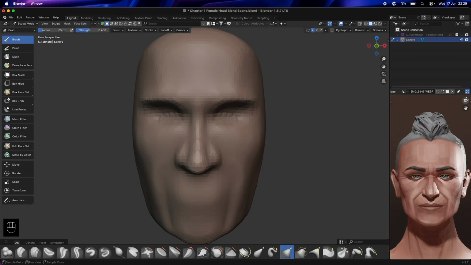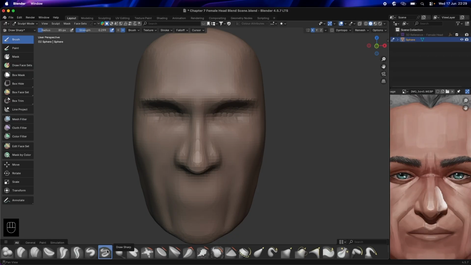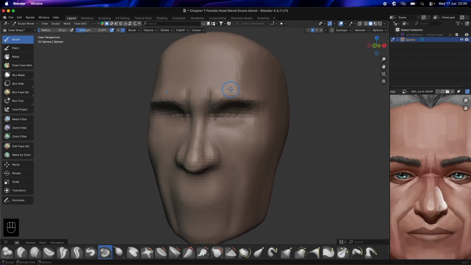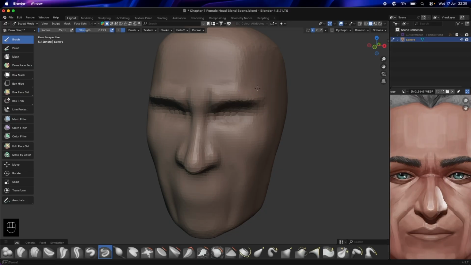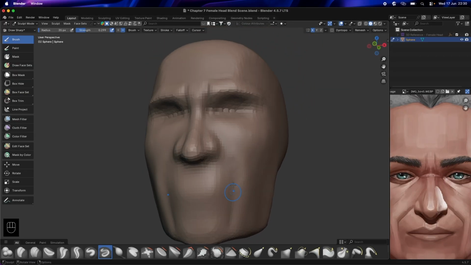And you can see those lines right there. Can we use the draw sharp? Turn down the radius, take away, and we're just adding those lines right there. Gonna add some lines around that. This is also something that I do. I don't know if I'm just the only one, but